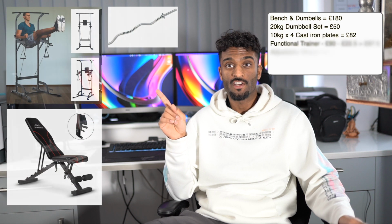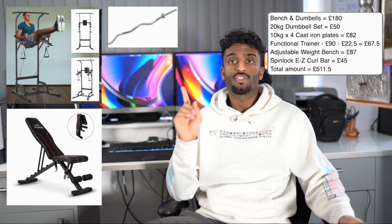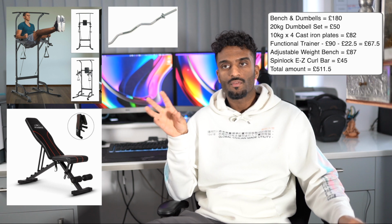Now, nearing the month of November, the lockdown finally got announced and I knew that I needed some additional equipment. So I went straight online and I actually purchased a functional trainer, a EZ bar and an adjustable bench. All of that would have come to £222. However, on the functional trainer, there was actually a seal missing. So I messaged the seller and he offered me a 25% off voucher, so I couldn't say no, and the total amount actually came to